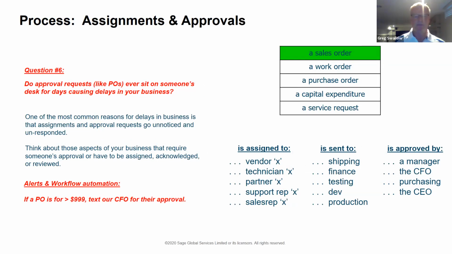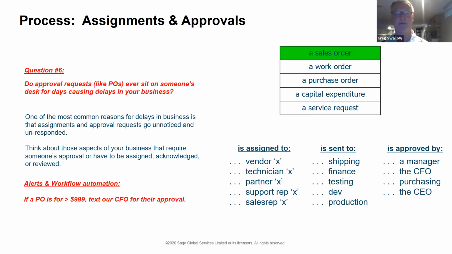Perhaps you have assignments and approval, right? So we talked about, if a PO is over $5,000, we need to get the CFO to sign off, or multiple people to sign off, or drawings associated with that purchase order need to be received so that it can go into the part of the bill of materials to build it out. So as we're assigning approval of sales orders and work orders, purchase orders, all those types of things, if you have that approval process within your organization, we can use the software to move the data within and out